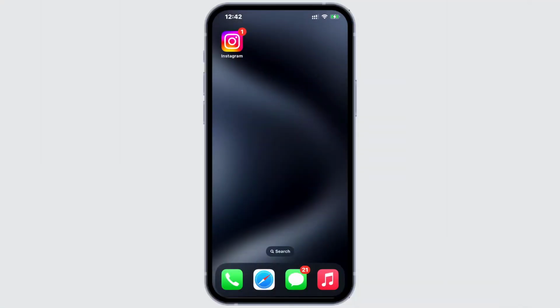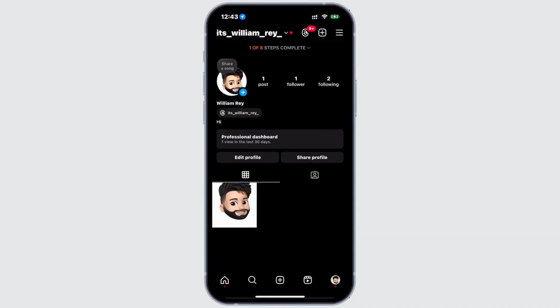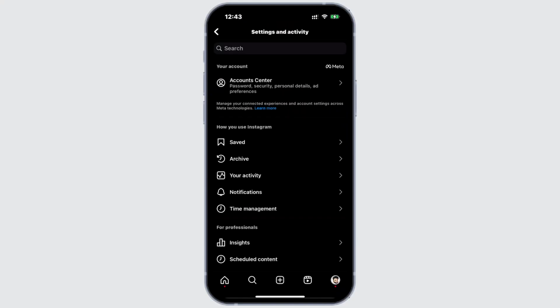So let's start. First, open the Instagram app and tap on the three horizontal lines at the top right corner to access the menu. And note that this option might be slightly rearranged due to recent updates. Now, if your Instagram account is not set to a professional or business account, make sure to set it to either one. Now to begin, scroll down,